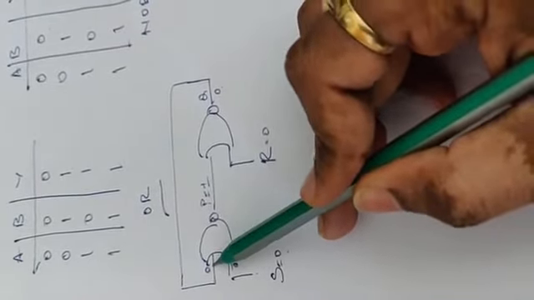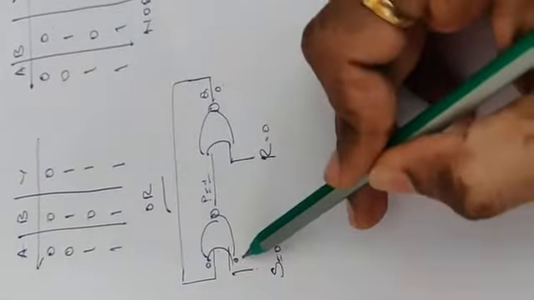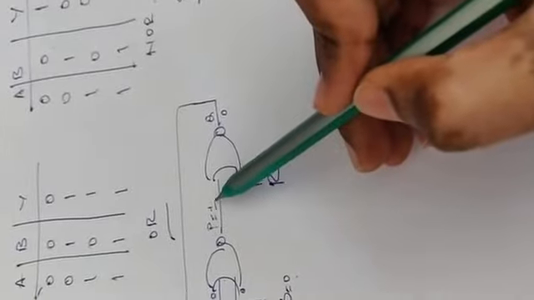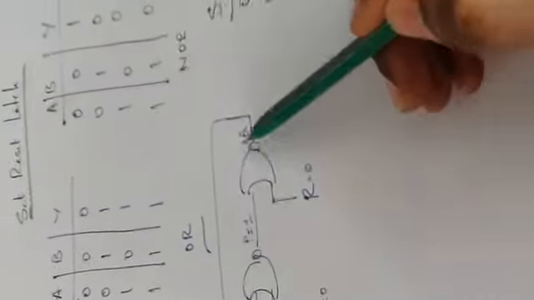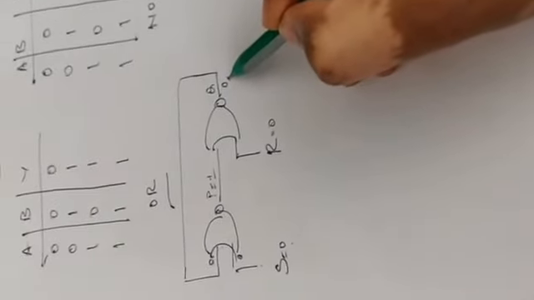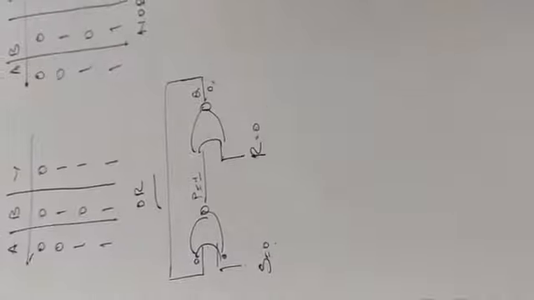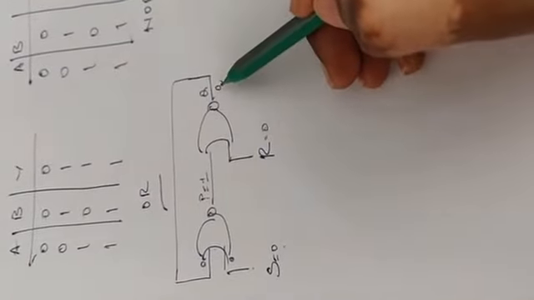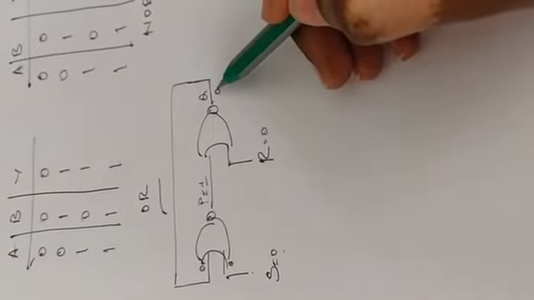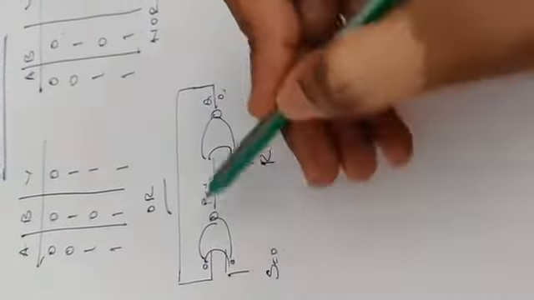So now this input becomes 0, and I have taken S is equal to 0, R is equal to 0. This is 0 and 0, and 0 and 0 with respect to NOR gate is 1. So I have written 1. So 1 and 0 with respect to NOR gate is again 0, which I have assumed. Previously I assumed Q is equal to 0, and now it gets back to the previous state 0 itself. Again I will move 0 here. So again 0 and 0 is 1, and 1 and 0 is 0.